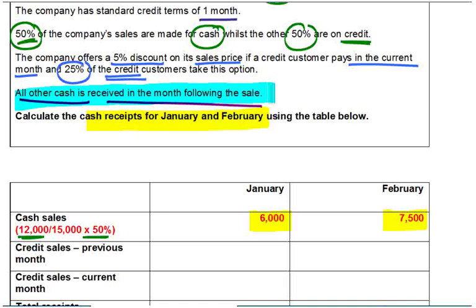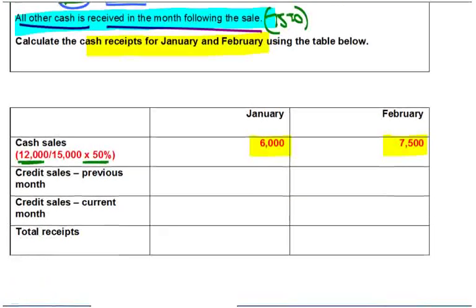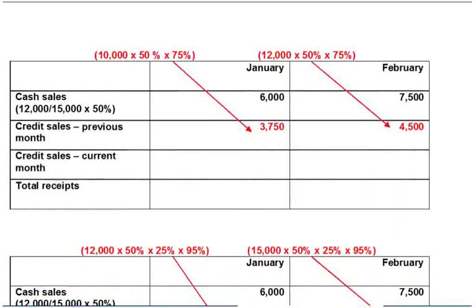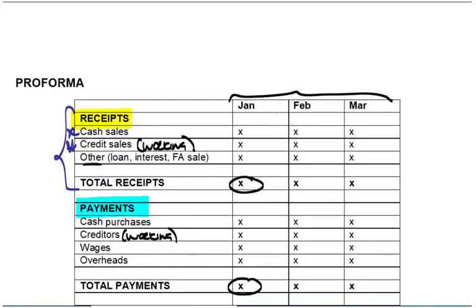So remember, 50% of our sales are on credit, and effectively 75% of those are actually going to pay in the month following sale because 25% of them take up the early settlement offer. All right then, so next step down then, as you can see, I'm going to look at my prior month sales because remember that's being paid in the month following. So for my prior month,